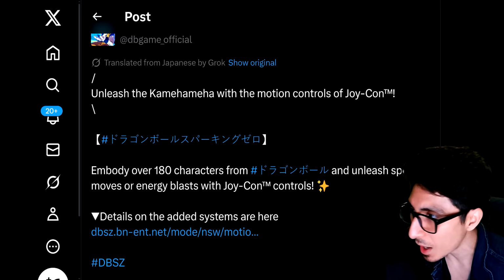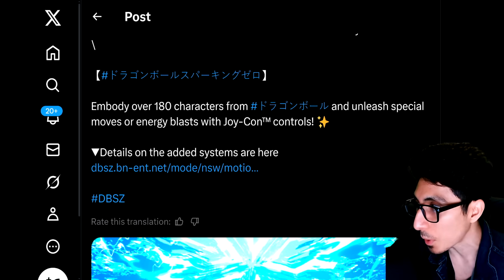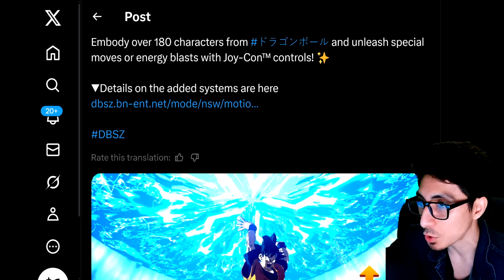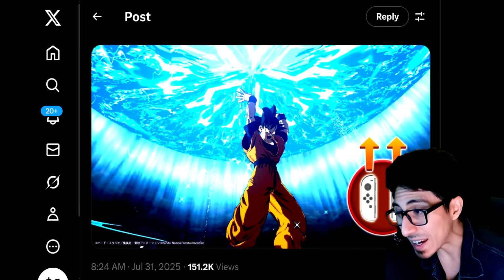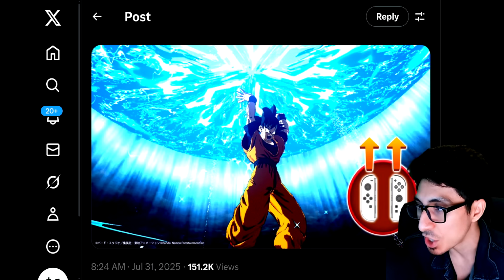So unleash the Kamehameha with motion controls of the Joy-Con. Embody over 180 characters from Sparking Zero or just Dragon Ball, and unleash special moves or energy blasts with the Joy-Con controls. Now, if you guys recall, the Wii was the last time we had a Tenkaichi game on a